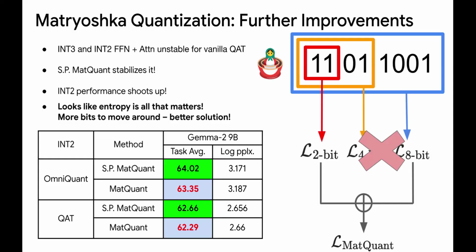So technically you're optimizing for three losses, but the last two losses are completely gone. What it means is you're over-parameterizing the 2-bit as an 8-bit, slicing off the 2 bits and then optimizing. So now the 2-bit can flip bits such that the extra noise can go into the other stuff, and the other stuff doesn't matter. The 4-bit and 8-bit accuracies tank after that. We are not going to look at them, they're not going to be anywhere good. But the 2-bit accuracy just shoots up. So just having this extra entropy of additional bits is literally over-parameterization.